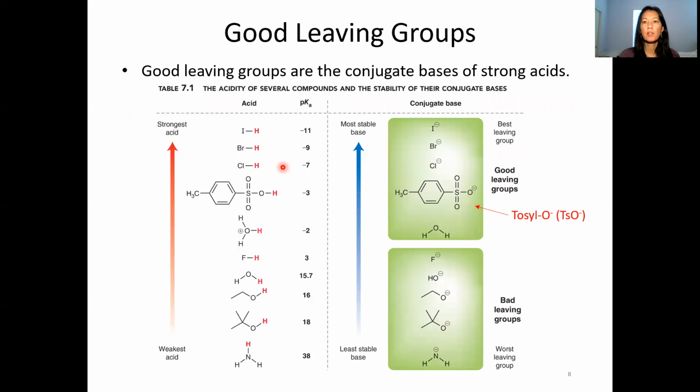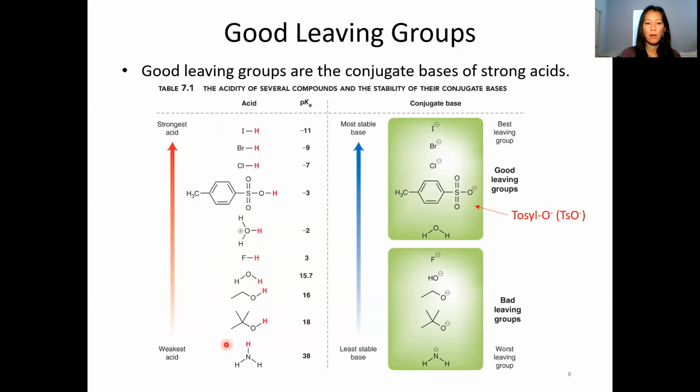So here are some good leaving groups. These are conjugate bases of strong acids. The reason is that if you have a strong acid, that means that conjugate base is stabilized. So it's happy being on its own. So here's